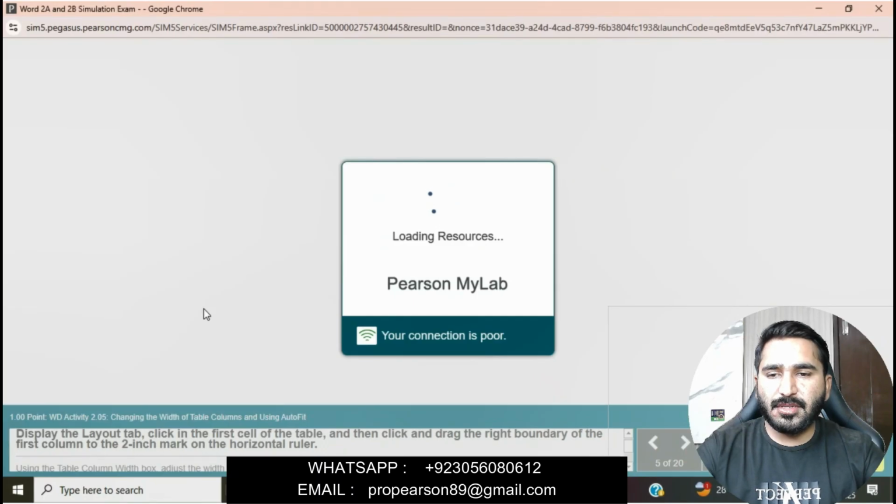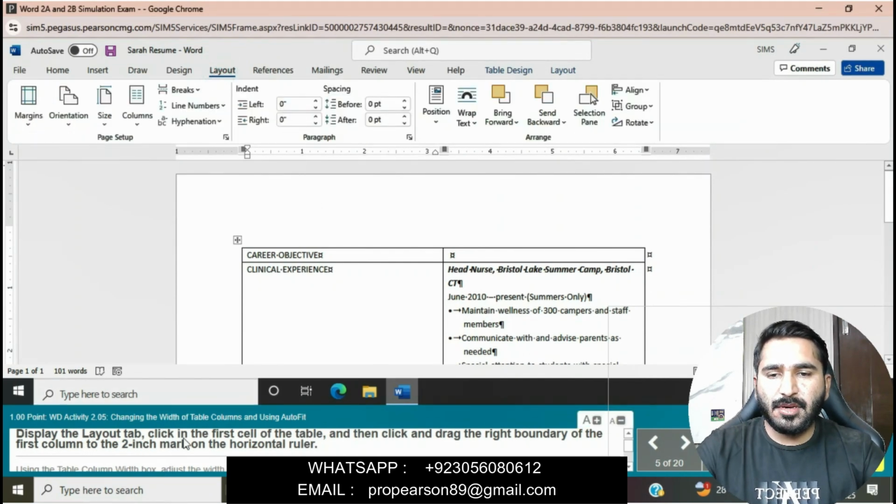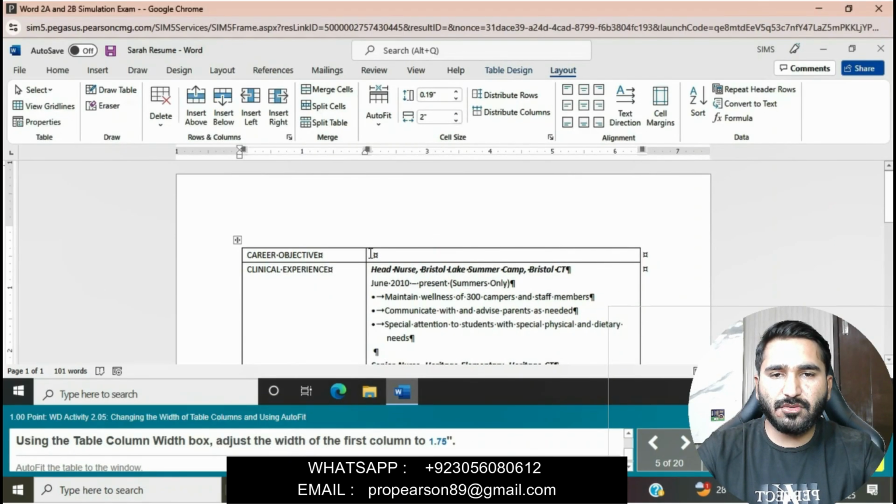Now the next question is to display the Layout tab. Click on the Layout tab, and click the first cell of the table. Now click and drag the right boundary of the first column to the 2-inch mark on the horizontal ruler.